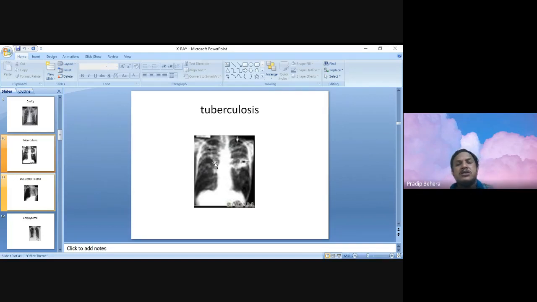These are evidence of tuberculosis. There may be a cavity inside. Here there is a cavity on the left side, where my cursor is moving. So multiple pathologies: cavity, fibrosis, bands, some soft consolidations. These are all typical of a tubercular lung. So this is tuberculosis.